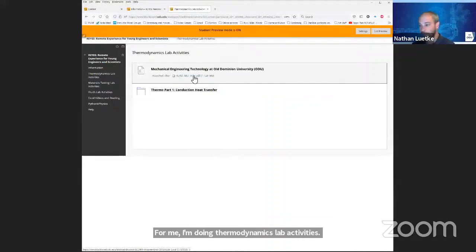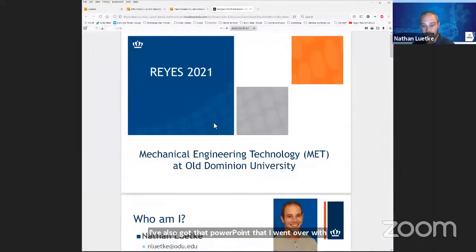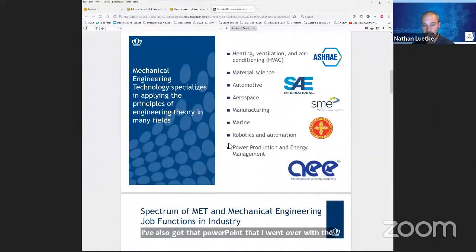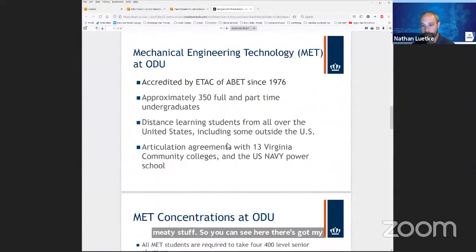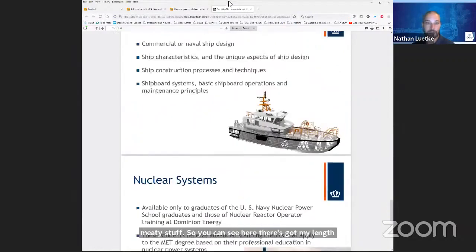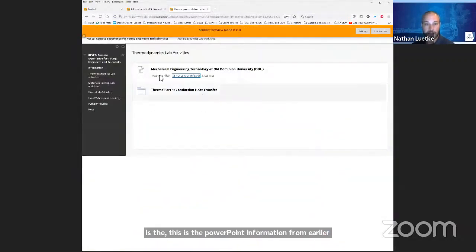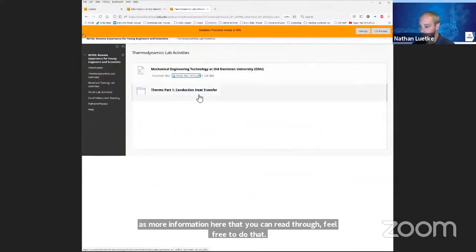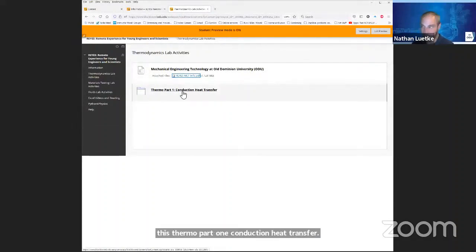I've also got that PowerPoint that I went over with the MET stuff. So you can see here, this got my link. This is the PowerPoint information from earlier. There's more information here that you can read through. Feel free to do that. We're going to talk about this Thermo Part 1 conduction heat transfer. There'll be another link for next week related to Part 2, but thermodynamic lab activity,